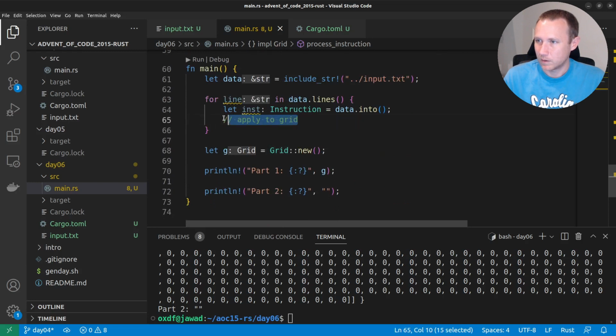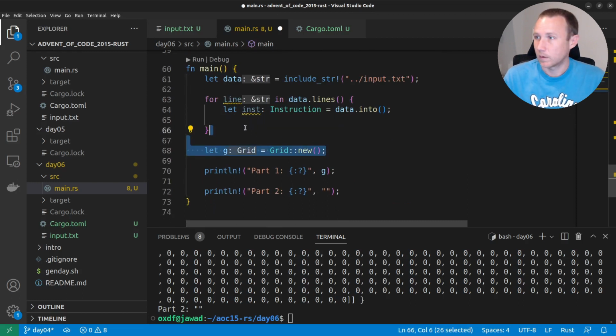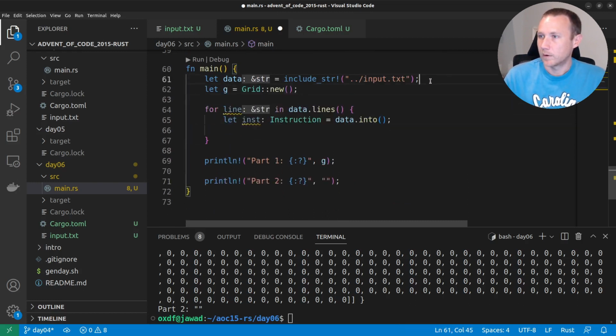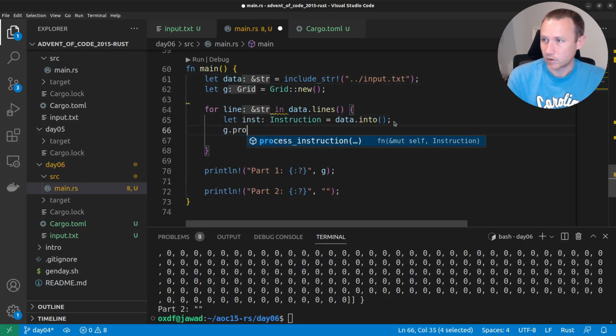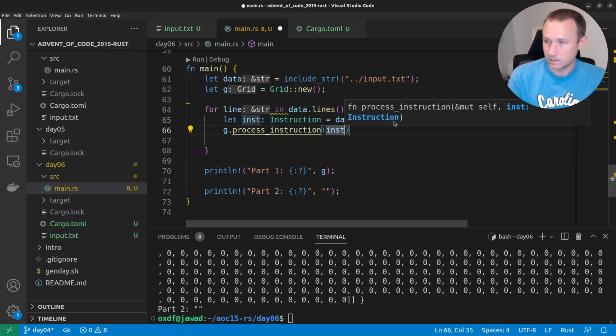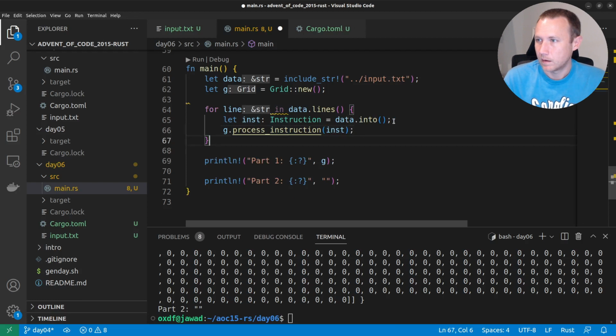So let's come down here and we can do, have we created a grid? Oh, we created a grid, but we created it too late. Grab this, move it up here, make our grid, and we'll say g.process_instruction on inst, and put a semicolon there. And now,